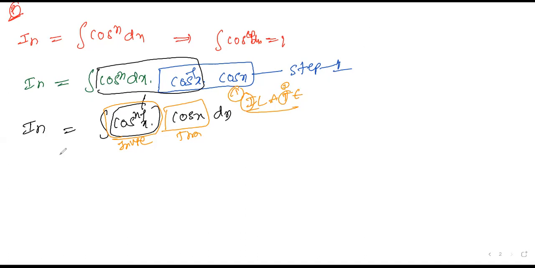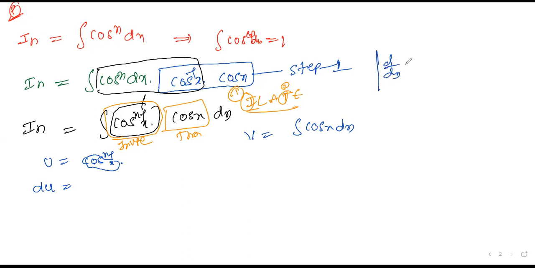So I'll take u equal to cos^(n-1) x, and v equal to the left out portion, the integration of cos x dx. Then u is given, and you want du. This looks like x^n. You treat it as x^n. So d by dx of x^n is what? n into x^(n-1). Similarly, n into x^(n-1); here it is n-1, and writing one more, minus 1, into d by dx of the internal derivative of cos x.